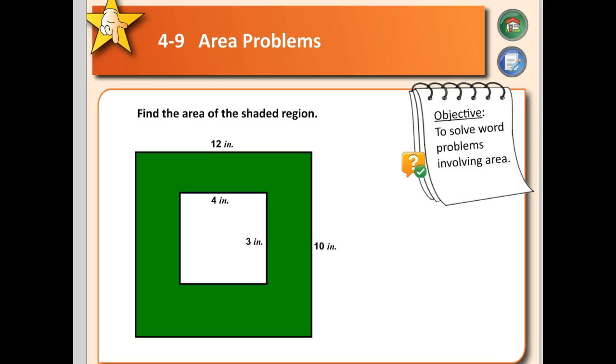Okay, class, we finally made it to the last section in Chapter 4, and we're going to see this is another type of story problems, and all the story problems deal with area in some way or another. Now, I have to make an assumption. I have to assume that you know formulas for area, but I will tell you this, the two that we